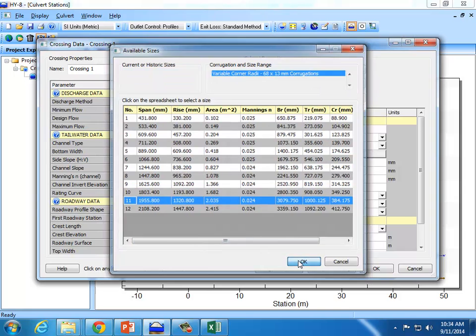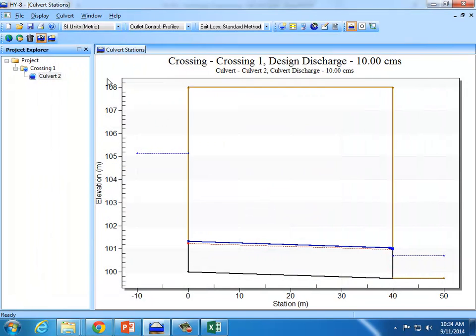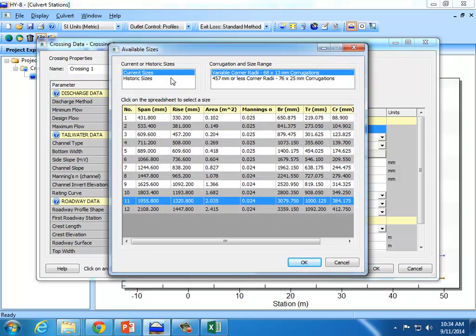if I go back into these options and I choose the number 11, that will definitely do it. Okay, so analyze. Now it shows me that actually I only have a headwater depth of 5.15 when I'm carrying the 10 cubic meters per second. So this would do the job. This culvert that we chose, the number 11